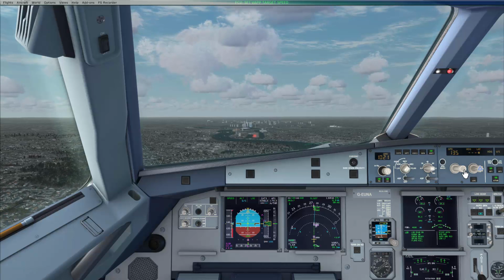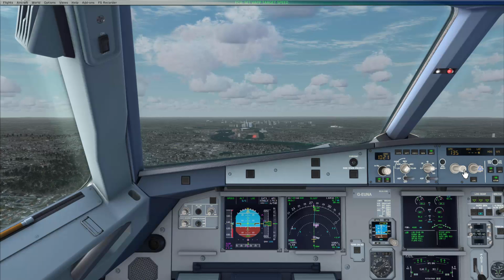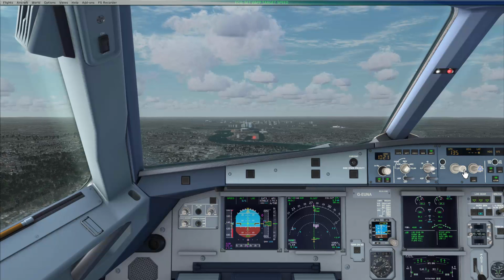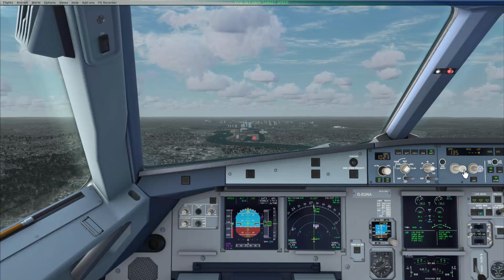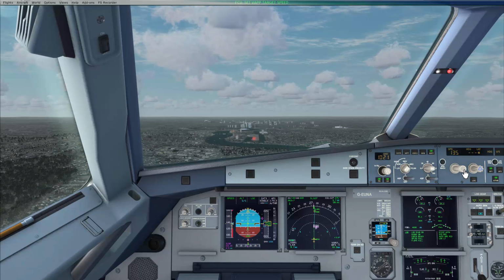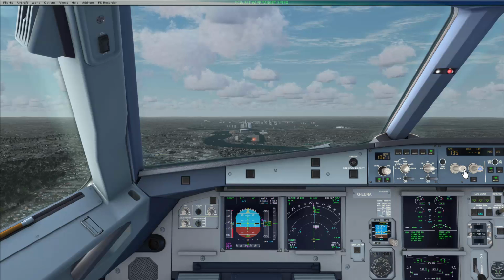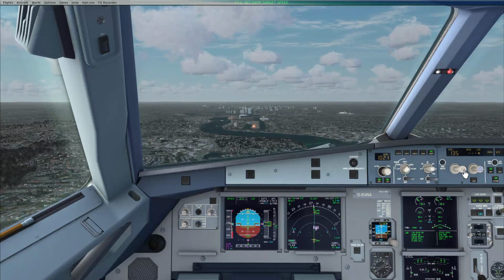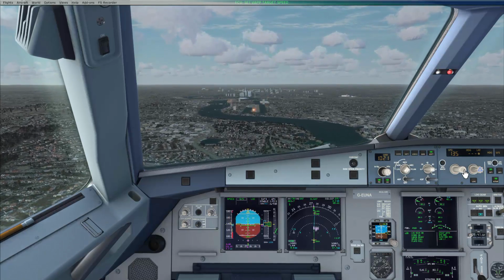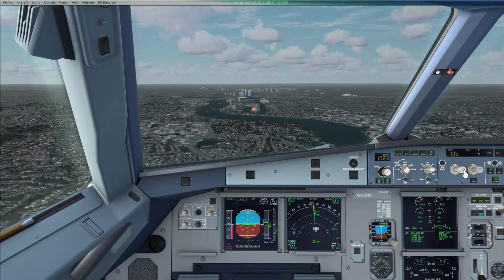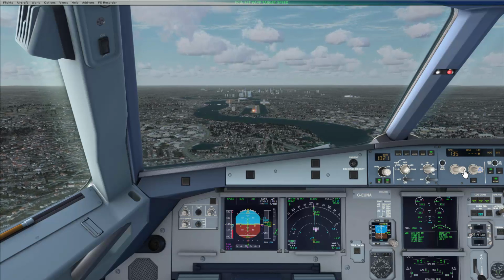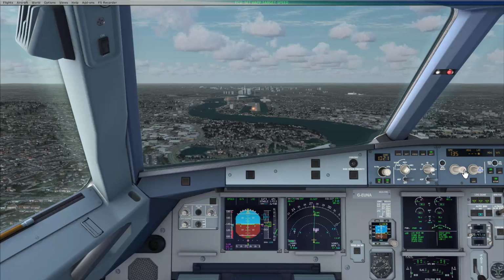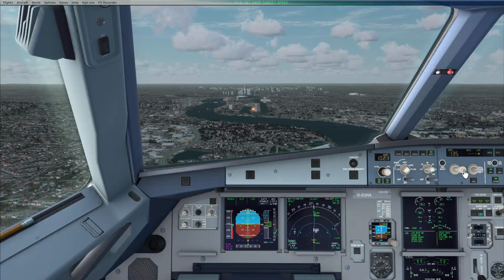So that's all set. We're lined up. We're on the localizer, and at 2,000 feet, we're still waiting to intercept the glide slope. Glide slope alive. As if by magic, here it comes. And even looking at it now, you can see this is a fairly steep approach. Only now have the lights come on to indicate that we're approaching the right glide slope. Our decision height here is 550 feet. When that happens, I'll disengage the autopilot, and then it's all down to